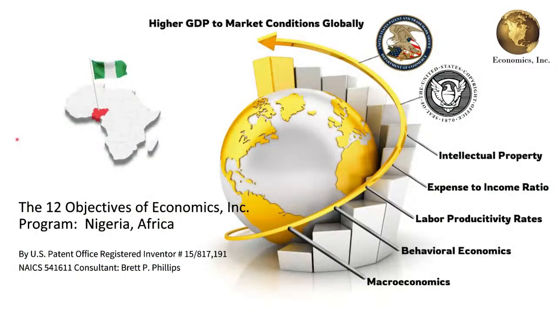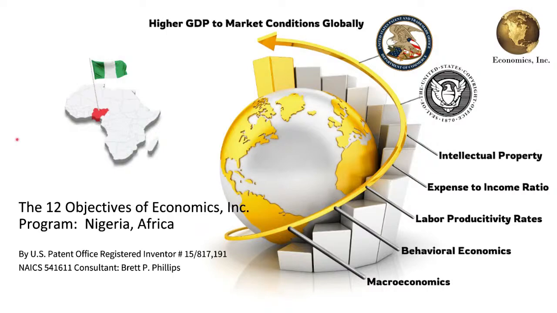As you can see here, we have courses to improve macroeconomics, behavior economics, labor productivity rates, expense to income ratio, and we want to improve your nation's citizens' intellectual property. How are we going to do this? We have